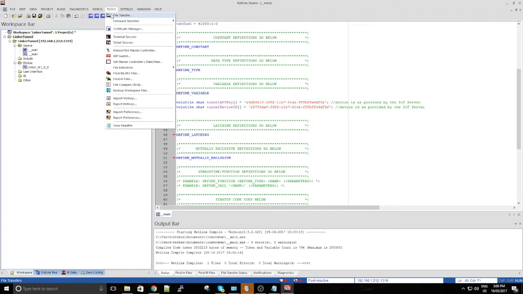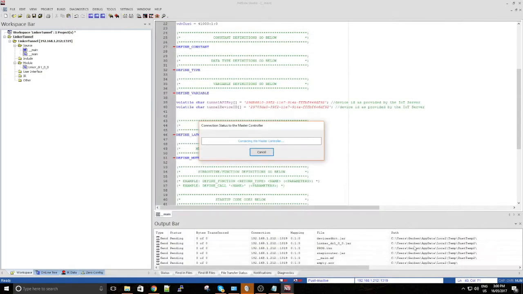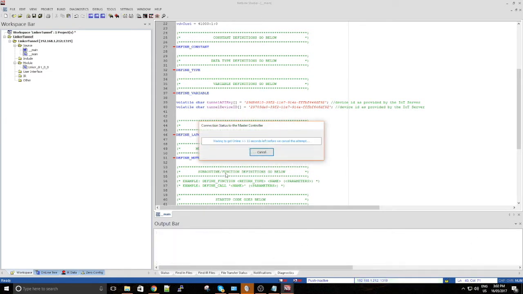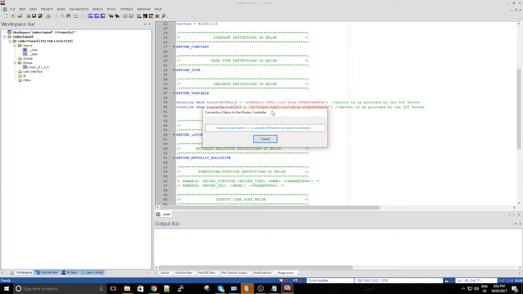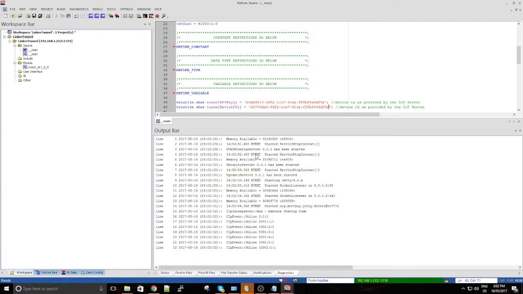And then we'll go ahead and push the files over. Just double checking, yep, that's all good. So we'll send those over to the controller. Okay, now that that's finished moving over to the controller, we'll enable the diagnostics so you can see what's going on. So as the controller is loading up,